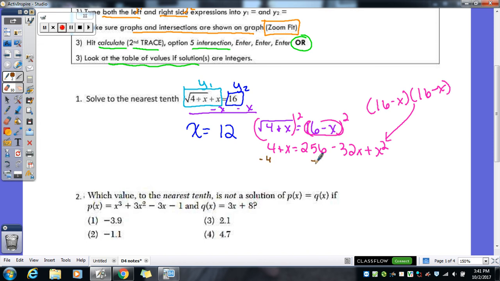So now I'm going to subtract my 4, subtract my x, so I get 252 minus 33x plus an x squared. So we're going to have to factor. We're going to have minus x, because this tells me my signs are the same. This tells me they're both negative. And so we've got to figure out numbers that multiply to give us